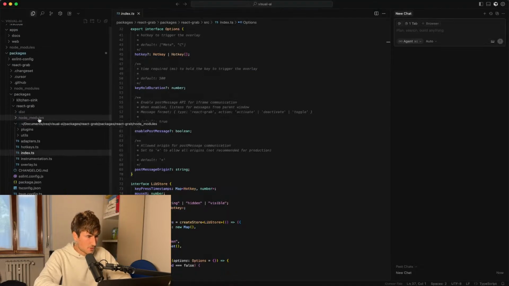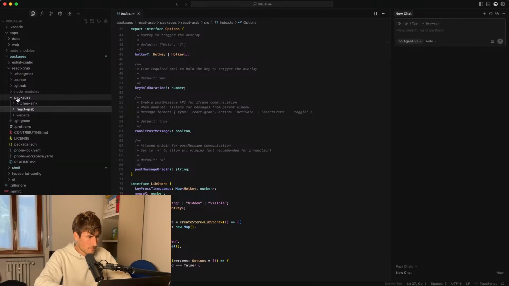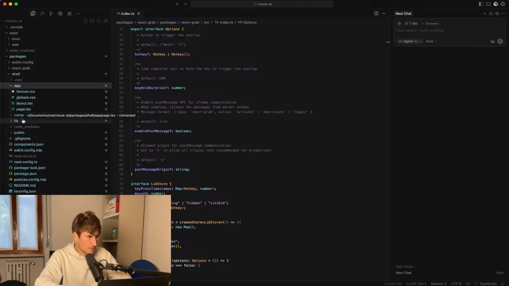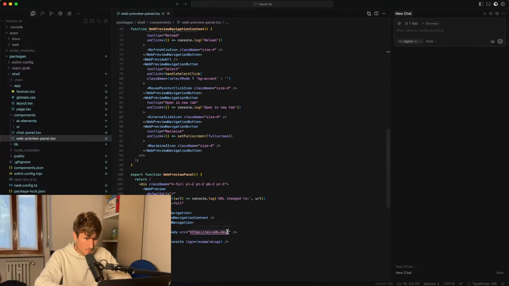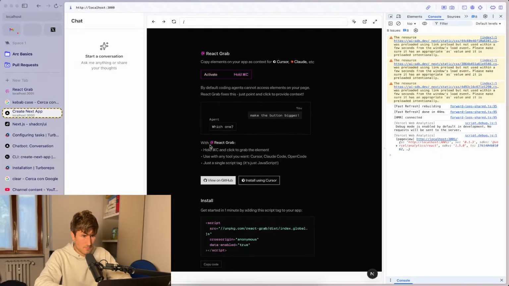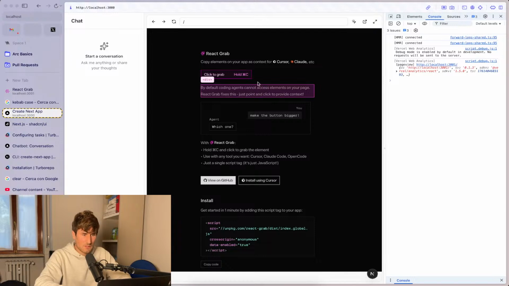So our shell application will have the components we preview, and here it could be HTTP localhost 3001. Let's see. Okay, so we can press command C and activate. Okay, the reason why this is not activating is that it's not using